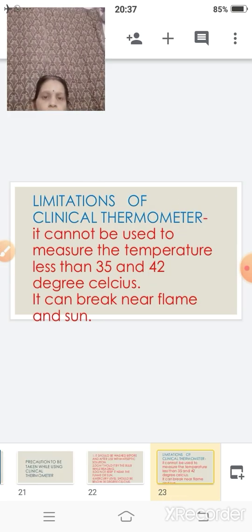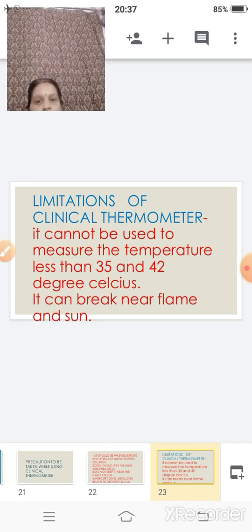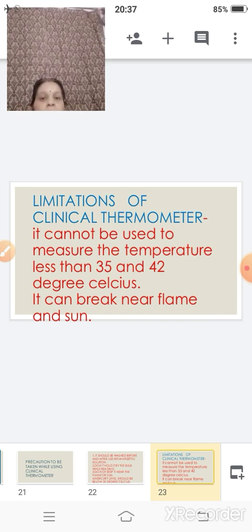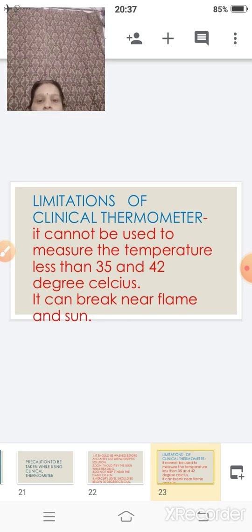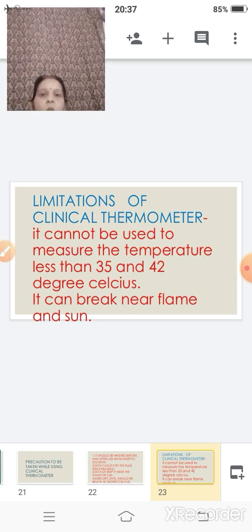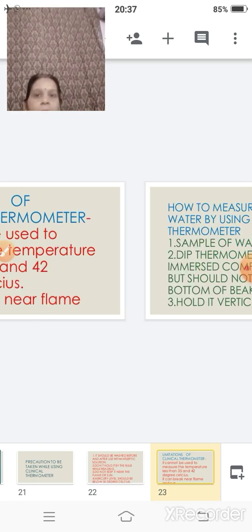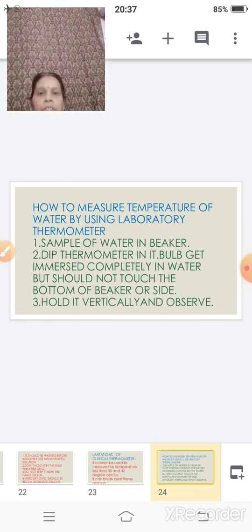Celsius. Now, there are a few limitations of the clinical thermometer. First and foremost, it cannot be used to measure a temperature which is less than 35 or more than 42 degrees Celsius, and it can break near the flame or the sun. So it should not be taken near the flame or near the sun. Now the question is how to measure the temperature of